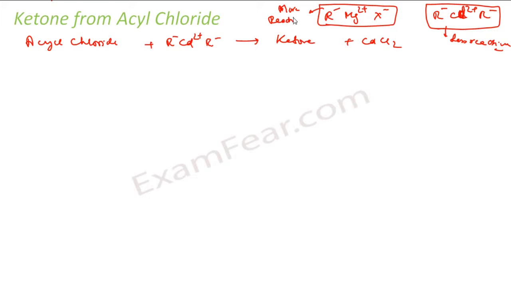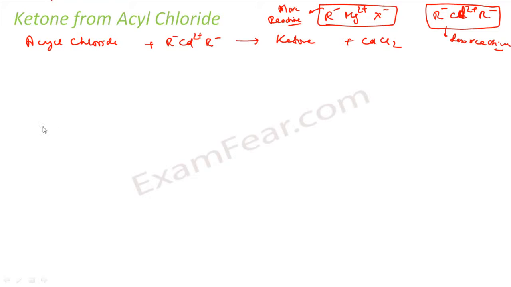So why are we not using RMgX? Because if I use RMgX, the Grignard reagent, it will further reduce this ketone to alcohols. So we don't want that, right? So we'll use CdR2. It's less reactive than RMgX. And how to form CdR2? See, CdR2 we can form by,